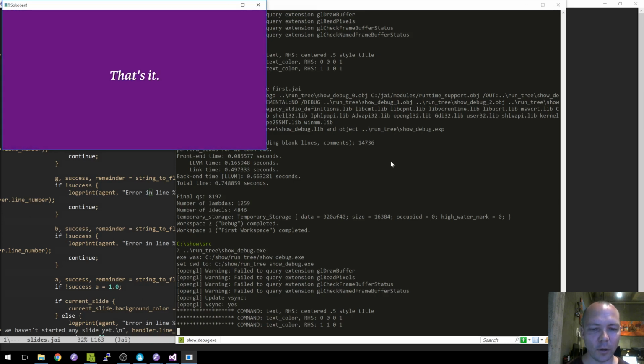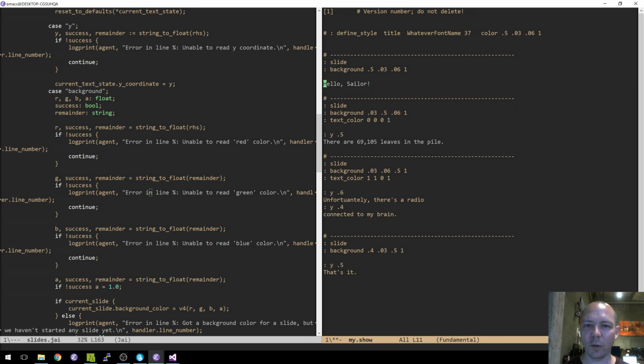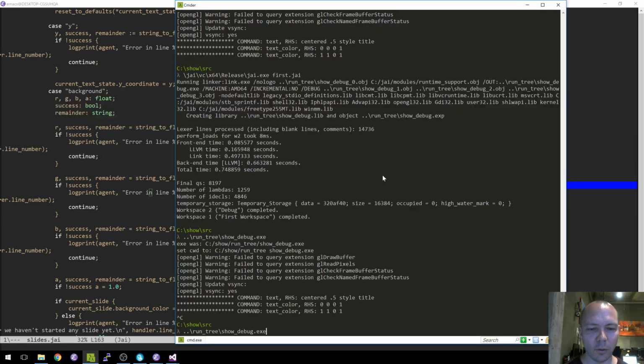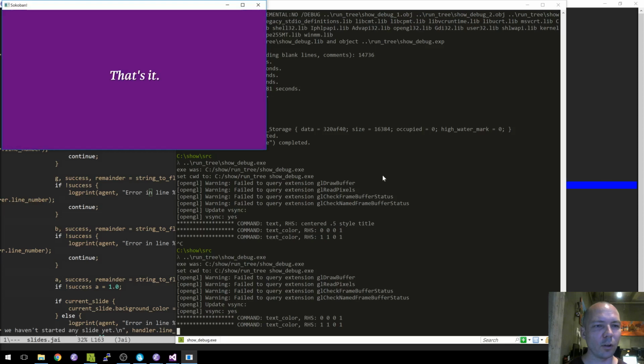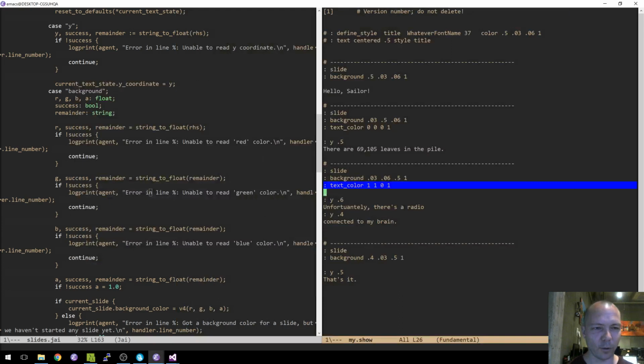I did want to go right about now, but we're so close to done. There's only one more thing to do, which is the text color. Because this one, it's also complaining that text, but this was a speculative thing that we haven't done yet, about how to use styles and stuff. So the only real command corresponding to the functionality that we have so far that we haven't done yet is the text color. So let me do that, and it's sad because this looks really good with the white text. White on any background color doesn't tend to look too bad, but once we start goofing around with it, which we're about to do,